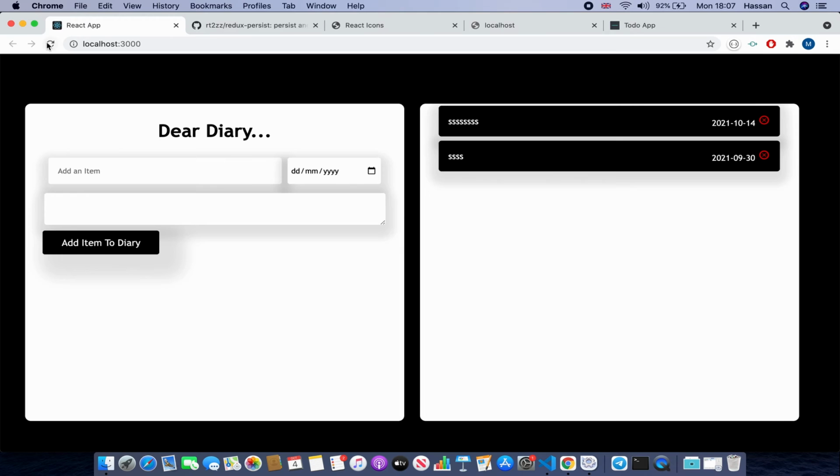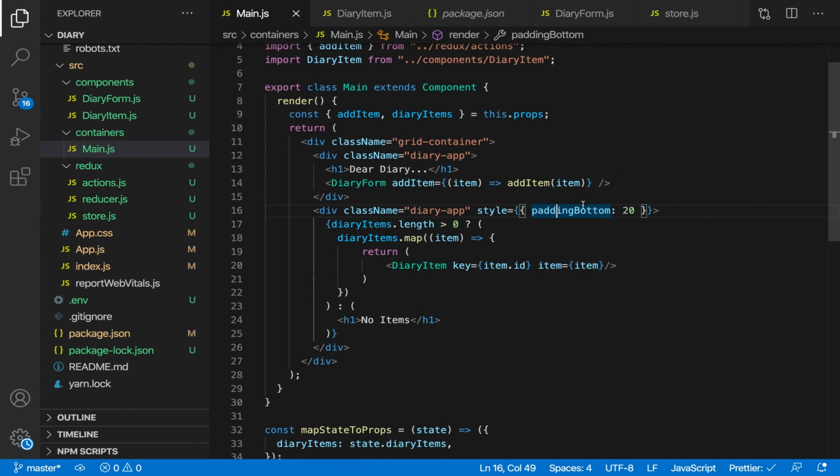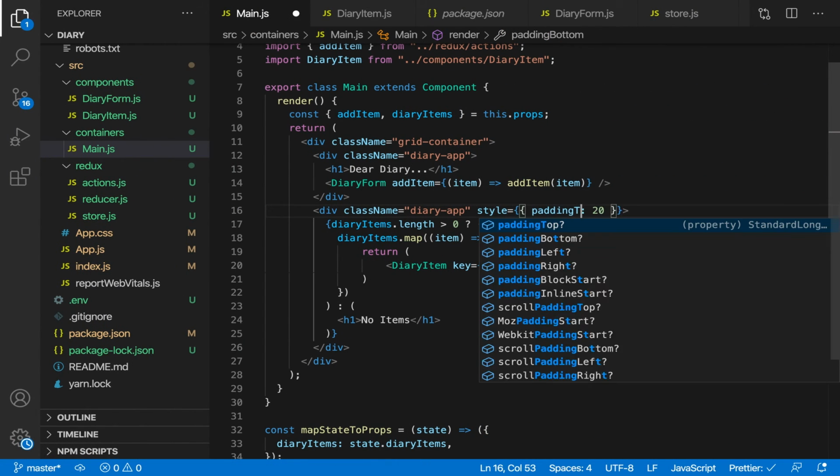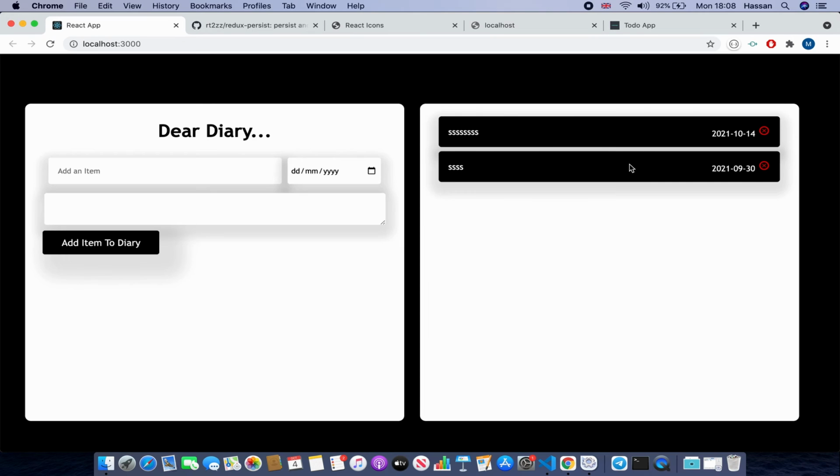And now if I refresh, sorry, padding top, not padding bottom. So let's go back and change this to padding top, and as you can see now it has some padding on top. Okay, so now what I want to do is when the user clicks on the item, I want